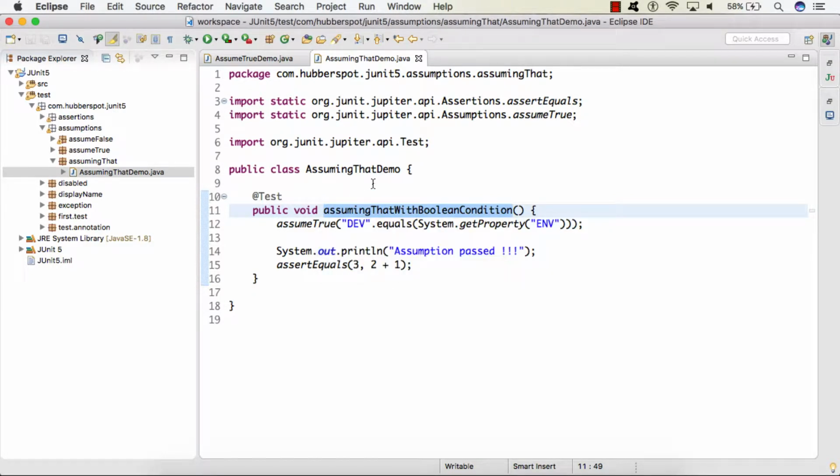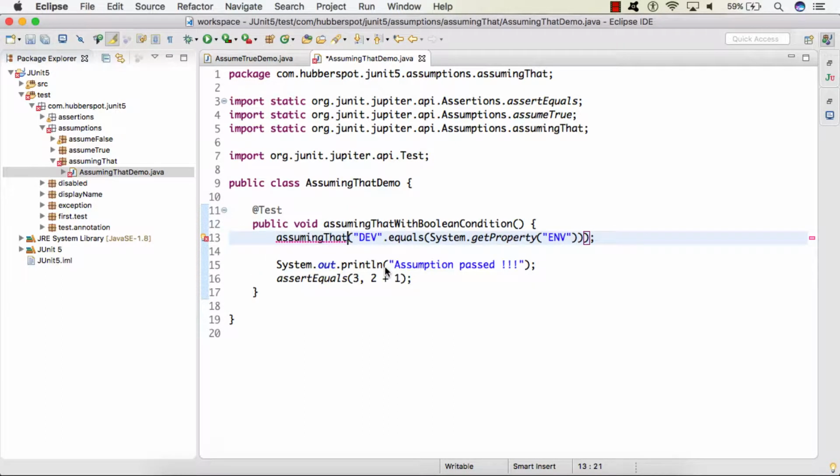So friends, let's suppose I want to execute this test case, and let's say I provide a precondition, and if that precondition is satisfied, I want to execute this test case with more asserts. So what I can do is use the assumingThat method. I will import it. This assumingThat method takes in a boolean condition and an executable.